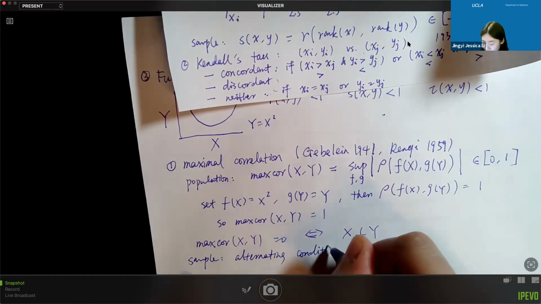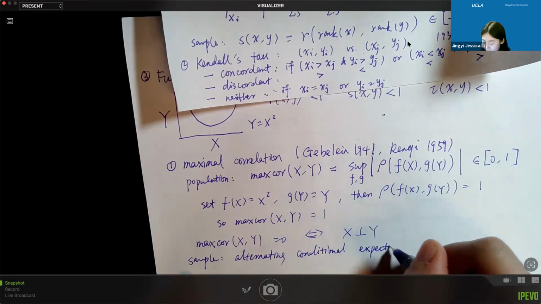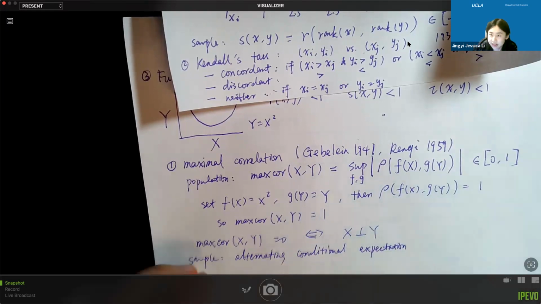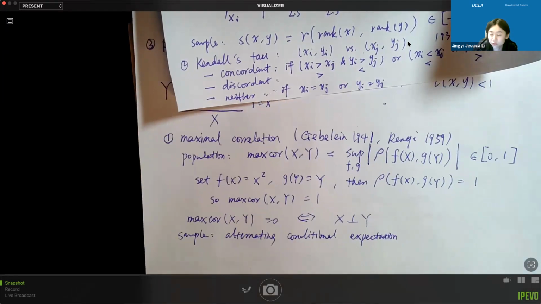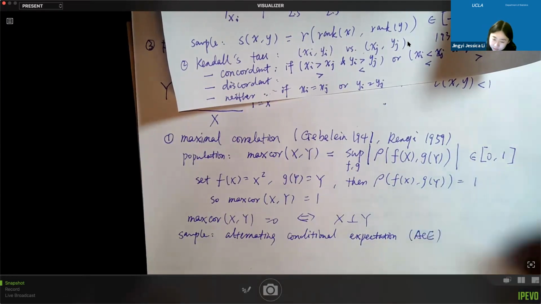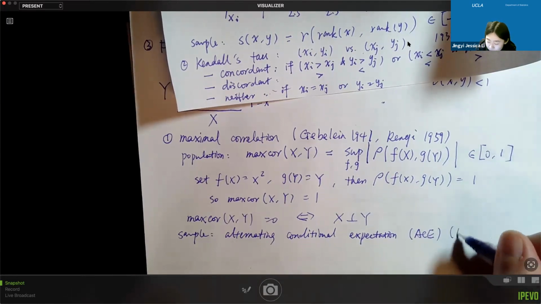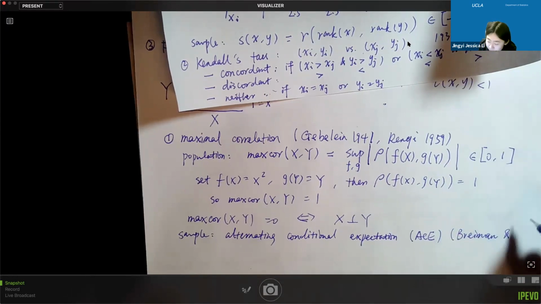I think the reason why this was not proposed as a numerical algorithm earlier was the lack of computing resources. Before we had computers, we could not really do this by hand, so it was not even an option. But with computers, we can do a lot more. So this ACE algorithm is definitely very good to know. It was proposed by Breiman and Friedman